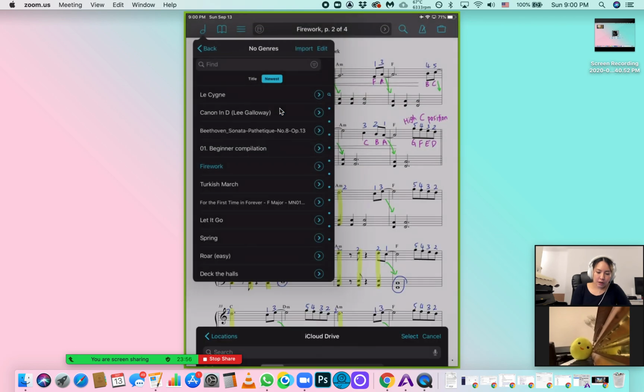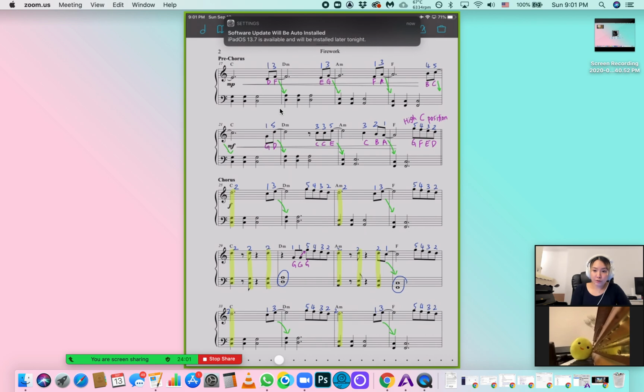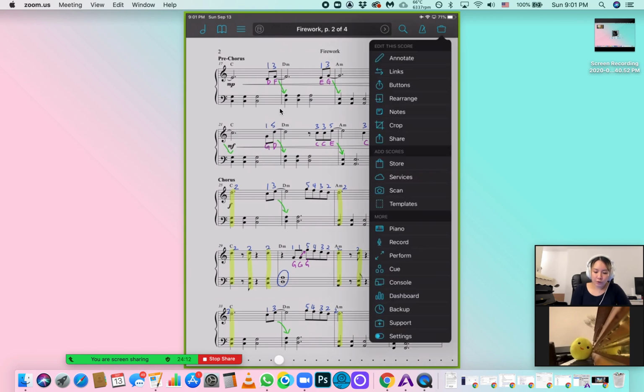But for me, I actually import it from Dropbox, because that's where I keep all my scores. Now with Dropbox, it's a little trickier to access. I think ForScore did something to their interface to change that. In the past, I could have just easily accessed it from where I was before, but over here, if I